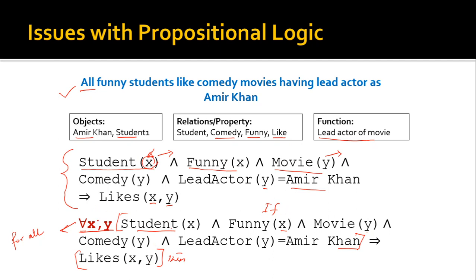Now you can see that we can put any values to x, any value to y, and encode the huge number of rules that we had to write in order to model this in propositional logic in a single statement. So it is a very concise way